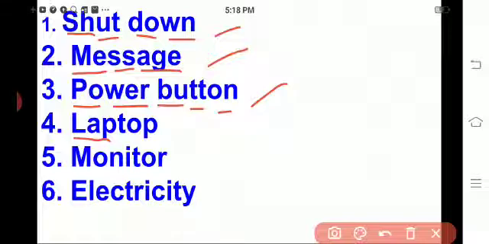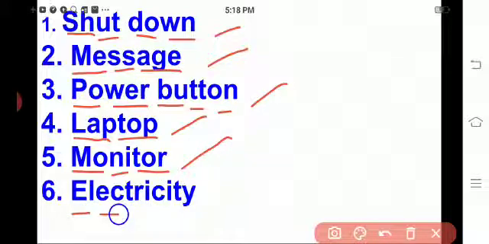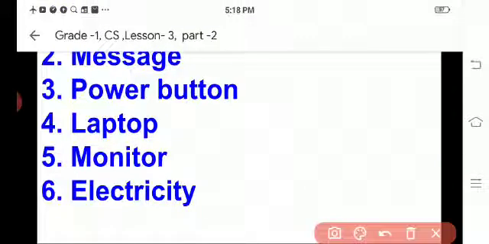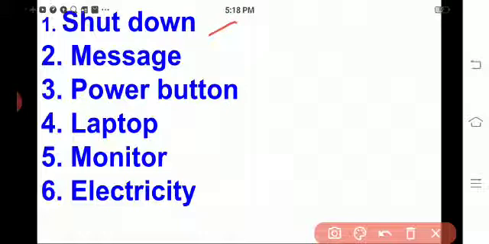L-A-P, lap, T-O-P, top, laptop. M-O-N-I-T-O-R, monitor. E-L-E-C-T-R-I-C-I-T-Y, electricity. Shut down, message, power button, laptop, monitor, electricity.